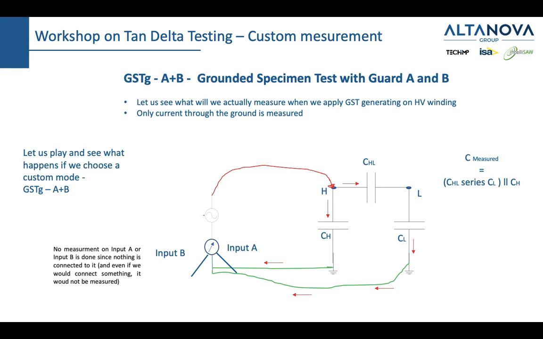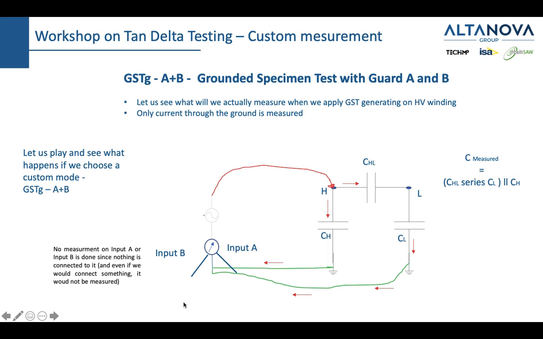So if we want to play a little bit, we can now say, what would I measure if I would generate on the high voltage winding, and I would choose the mode GST GA plus B. GST GA plus B means I'm measuring only the current through the ground. So I'm guarding A and B. I'm removing measurement coming to the input A and input B. Actually here, I didn't even draw anything connected to input A and B, because even if I did, it wouldn't